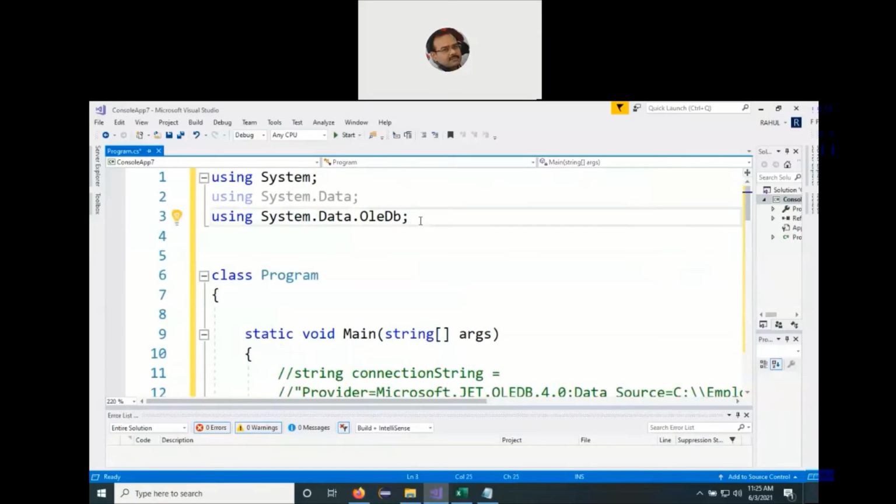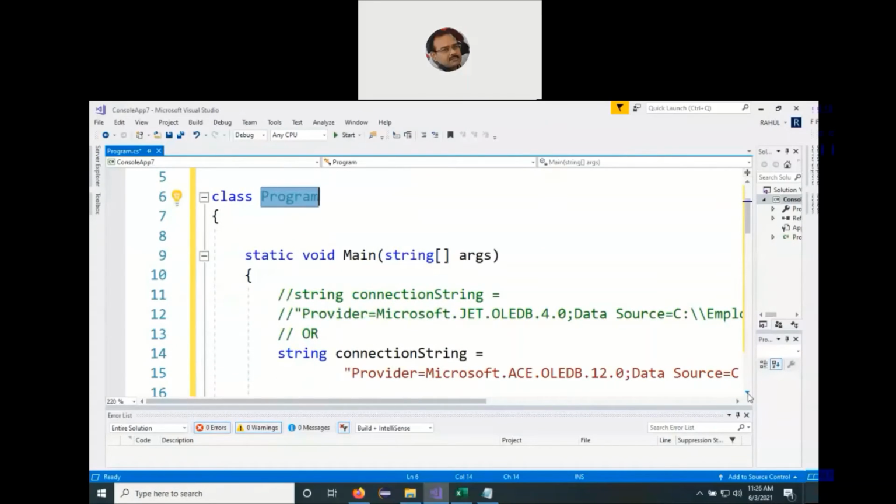So we'll continue to use the object linking and embedding. We'll change it later on. Right now though, we'll try to explore the program as much as possible concerned with the object linking and embedding only. So using System.Data, using System.Data.OleDb, just like what we did yesterday. Same we'll do it today. Then class and the class name, then static void Main, string[] args.